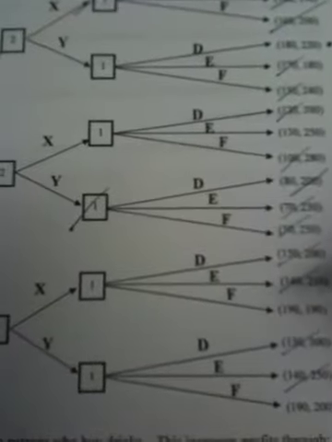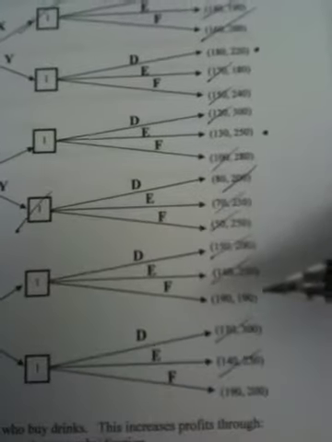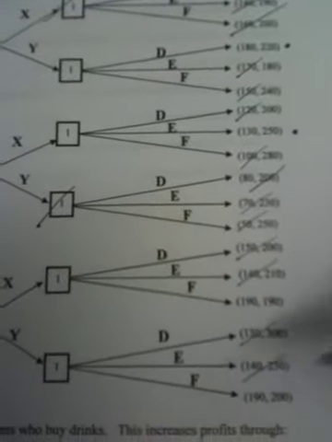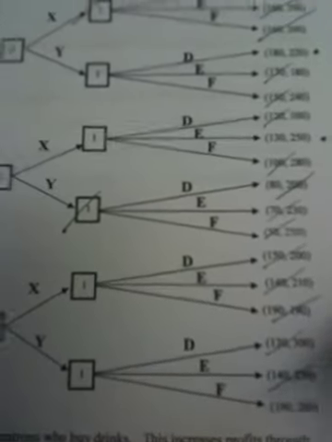And down to here, player 2 has to pick between 190 and 200. So cross out 190, consider 200. So player 2 would take the bottom road, not the top. So now we're left with these three